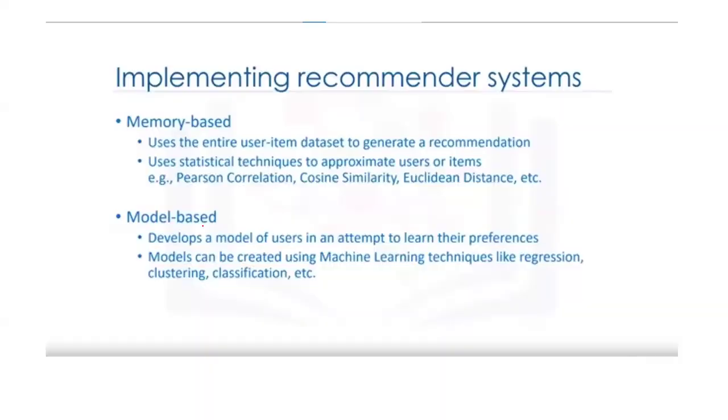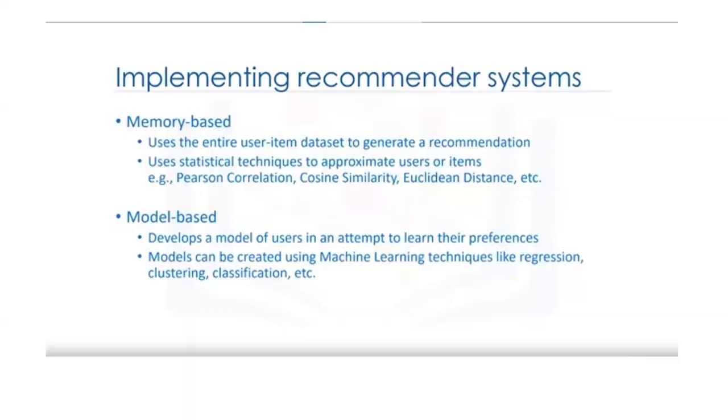But this model based approach typically may not work because the behaviors of the customers are changing, preferences are changing. I cannot have one single model which can work better all the time, right? So in that case, it's always better to go with memory based, where every time the algorithm will consider the entire data set and generate the recommendation on the fly. So it is more dynamic, more real time, and it will consider all the recent patterns and, based on that, give the appropriate